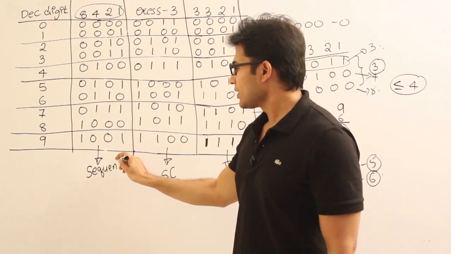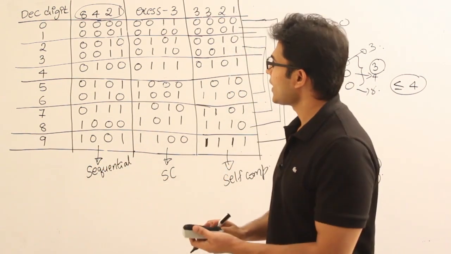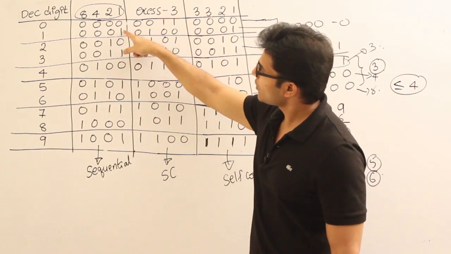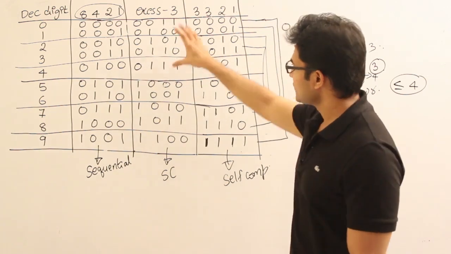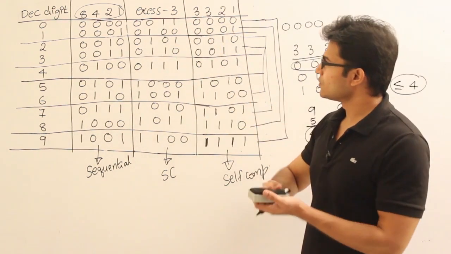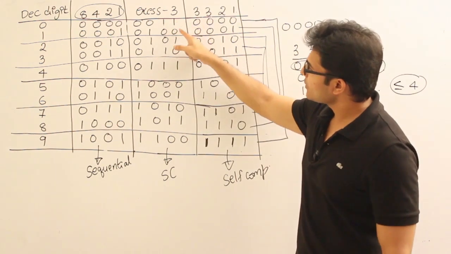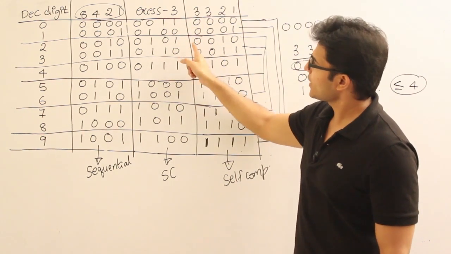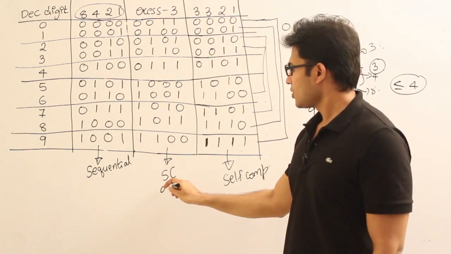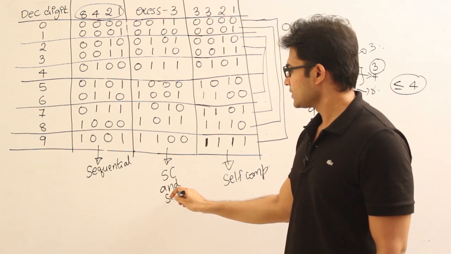Sequential is nothing but we are following a sequence. I take a number for 0 and I add 1 to that and I get 1 here, and I add 1 to that and I get 1 here, right? And similarly XS3 is also sequential. You take the starting one, which is 0 0 1 1, and you add a 1 to that, you get the next one. You add a 1 to this, you get the next one. Add 1 to that, you get the next one, right? So that is why it is self-complementing as well as sequential,